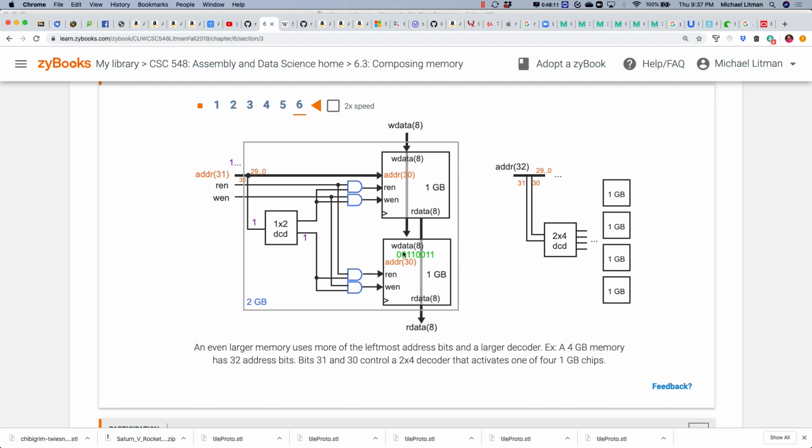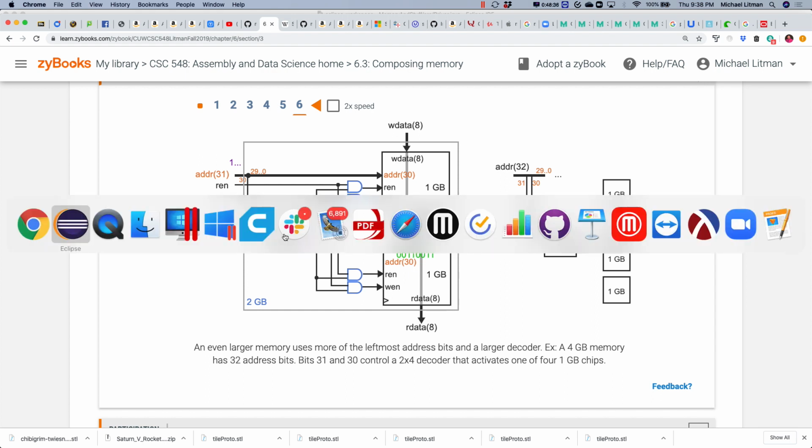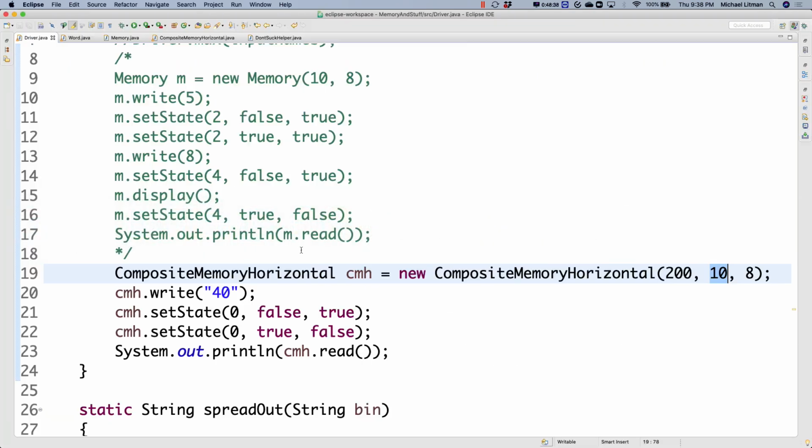So in software, we don't have to worry about the decoding of it. It would work that way, but we don't have to worry about it. We can just ask the question, here's the address you want to write to. Where would that be located? Is that in the first chip, or is it in the second chip? Is that in the third chip? Because you know the size of your chips. Make some sense? All right, so when we go back into our composite memory vertical,